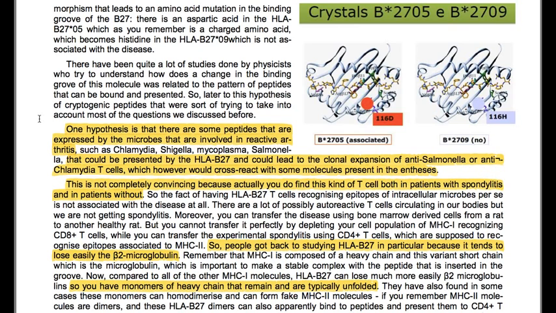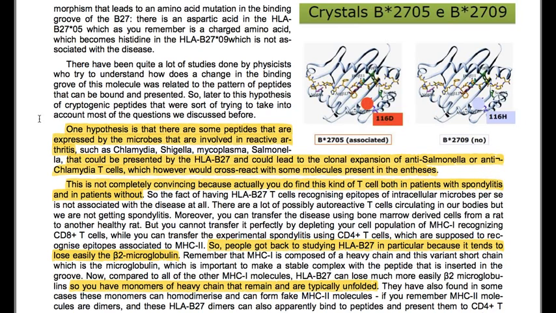So later came this hypothesis of cryptogenic peptides, which tries to take into account most of the questions we discussed before. One hypothesis is that there are some peptides expressed by the microbes involved in reactive arthritis, such as Chlamydia, Shigella, Mycoplasma, and Salmonella, that could be presented by HLA-B27 and could lead to the clonal expansion of anti-Salmonella or anti-Chlamydia T cells, which, however, would cross-react with some molecules present in the enthesis. This is not completely convincing, because you actually do find this kind of T cells both in patients with spondylitis